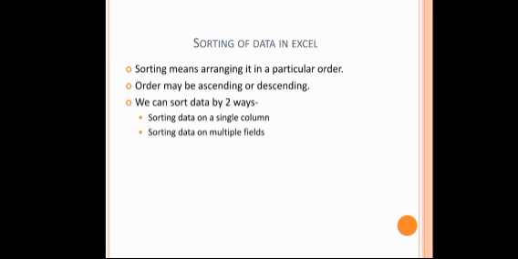Now, entering and editing data in a spreadsheet. Which type of data, what kind of data can you enter in a spreadsheet? You can enter basically 4 types of data. First one is your numbers or values. Second, text or labels, meaning a combination of alphabets. Third one is your formulas, and fourth one is your functions. Functions are the inbuilt formulas which are available in an Excel document.